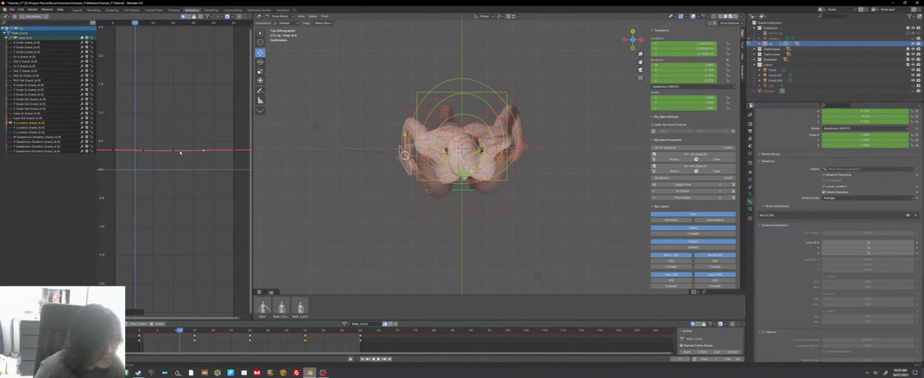Alright. Instead of putting a key on the 11th frame, we'll go to the 15th frame. We'll delete the key on the 15th frame as well, we don't need that. From here, we'll go to